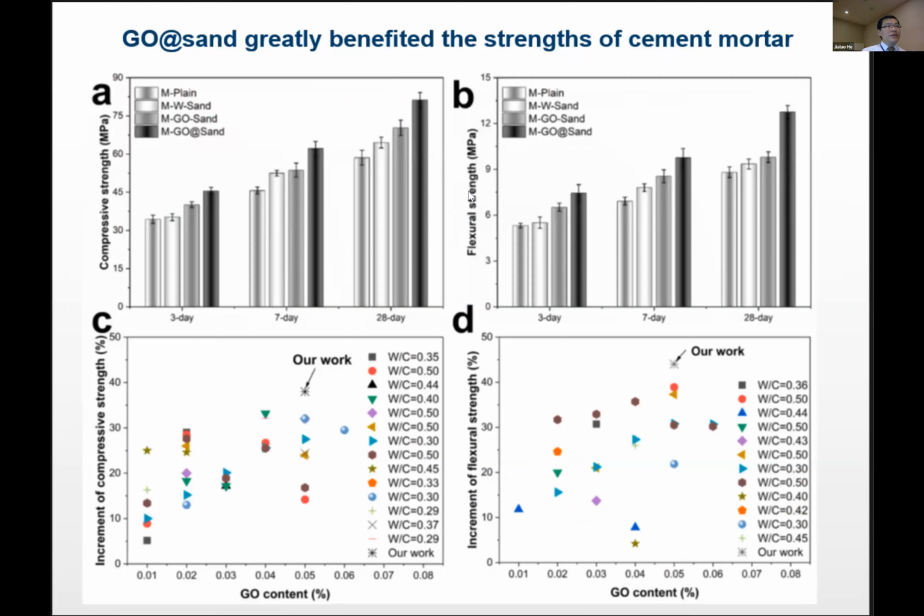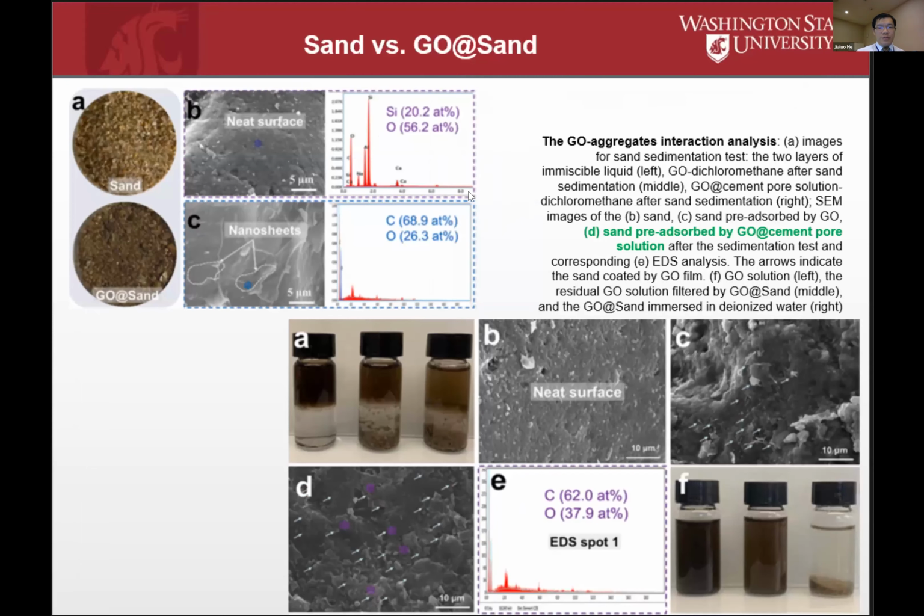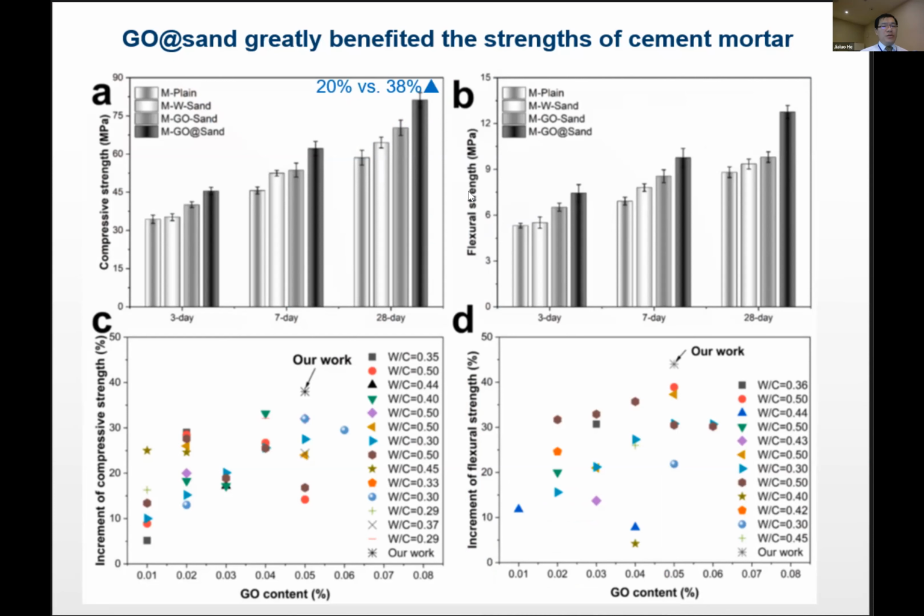Now, again, the first thing we evaluate is strength. A is the compressive strength, B is the flexural strength. You can see that in both cases you're seeing a benefit, for instance, 38% improvement in 28-day compressive strength and 44% improvement in 28-day fracture strength. If you directly mix it in the sand with graphene oxide, the same amount of graphene oxide, which is actually